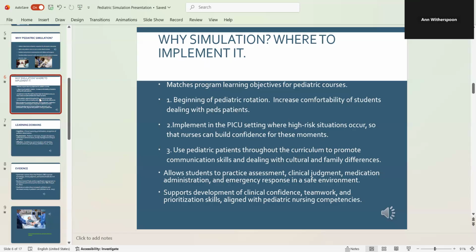Just because these are going to be high risk situations, this will give our students and our nurses, if we're using this in the hospital, more confidence during these high emotional situations. And I also think that we should use pediatric mannequins throughout the whole of our nursing education, just to build those reminders about the differences between pediatric patients and adult patients, and also